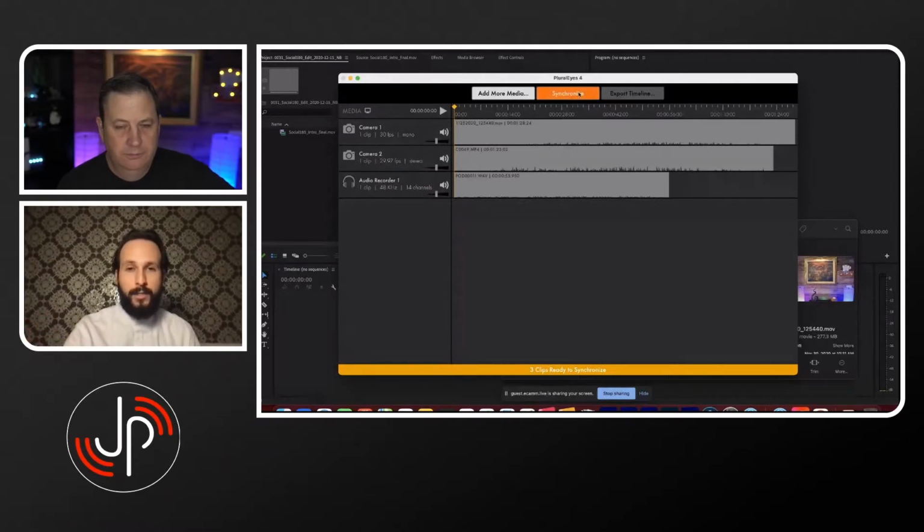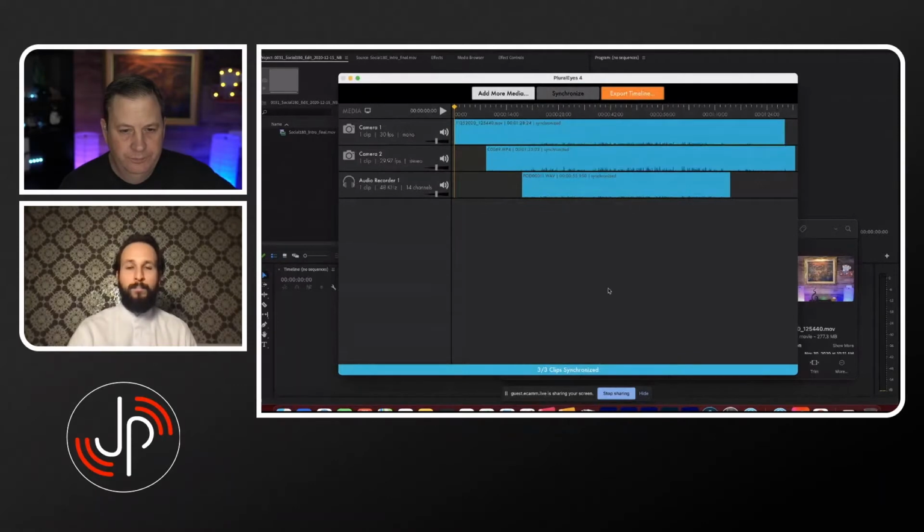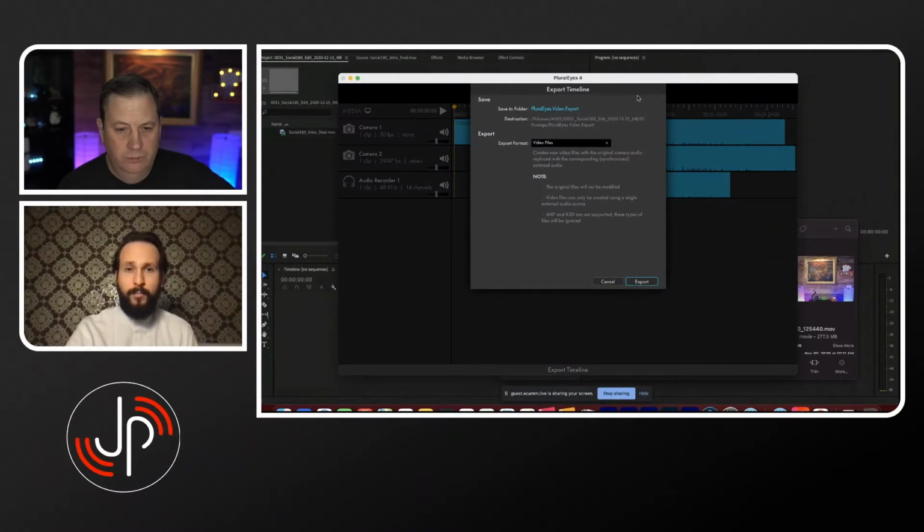And all you have to do in Pluralize is hit this giant synchronize button. And since Pluralize automatically analyzed all the footage, it had that print for the audio waveforms, and it was instantly able to synchronize these clips. So now we're just going to click on Export Timeline. And you have a couple different options here. You could create a new video file with the audio replaced if you want. But since we're trying to maintain separate tracks so that we can edit, we're just going to export a timeline as what's called an XML file, and we'll bring that into Premiere.